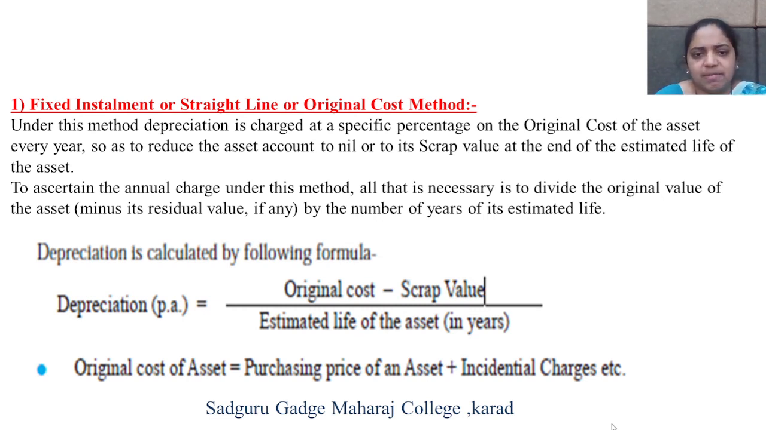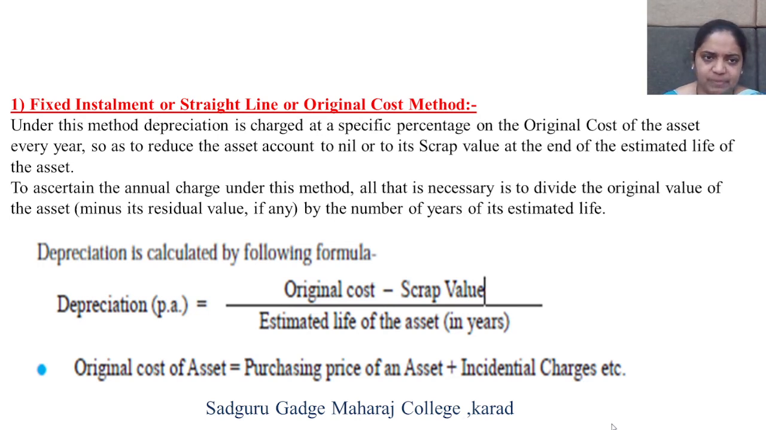So first two methods we are going to see, and on that part only examples will be taught to you. So the first, fixed installment or straight line or original cost method. Under this method, depreciation is charged at a specific percentage on the original cost of an asset every year, so as to reduce the asset account to nil or to its scrap value at the end of its estimated life